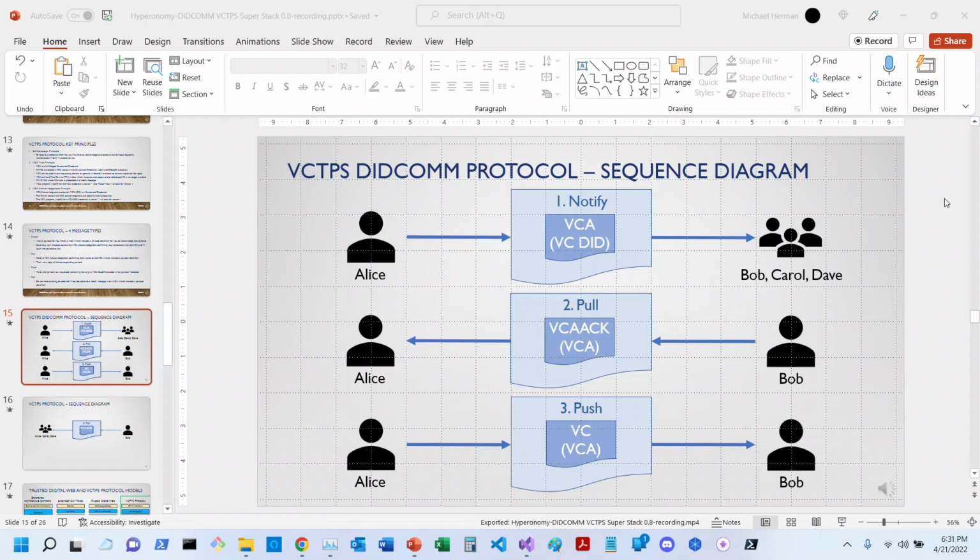One or all of them, one or each of them, may choose to respond that they agree to confirm and accept the rights, restrictions, and processing options in the VCA, and they respond with a pull message containing a VCA acknowledgement. The VCA acknowledgement contains a copy of the original VCA encoded in base 64 as one of its properties. Alice, on receiving that, inspects the pull message, inspects the VCA acknowledgement to see whether Bob has accepted